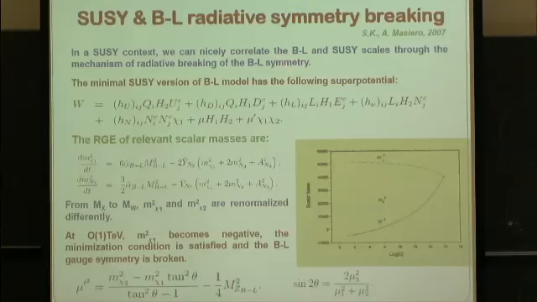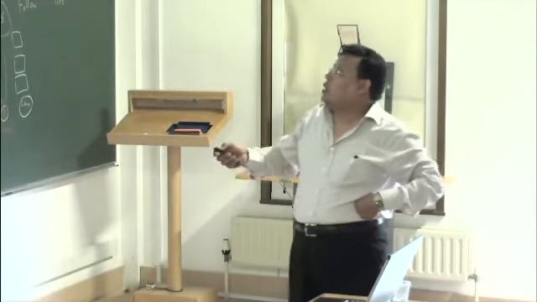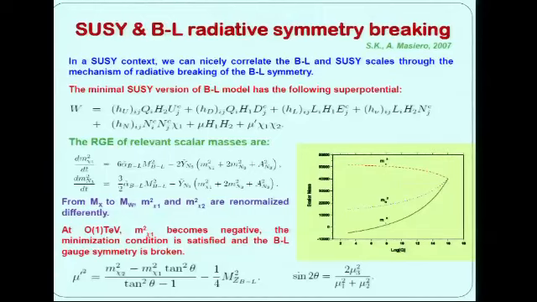We embed the B-L extension in supersymmetry, and then construct the minimal supersymmetric version of this model. And now we have 2 singlet Higgs, chi1 and chi2, and we give soft terms, positive mass squared, for this chi1 and chi2, and then study the renormalization group equations to study the evolution of these scalar fields, and see at which scale they will get non-vanishing negative values, negative mass squared.